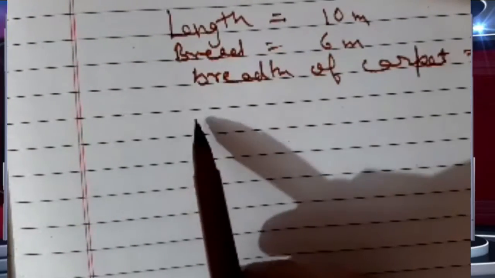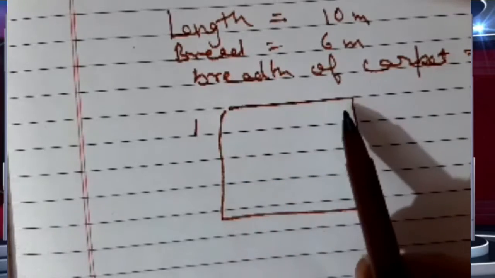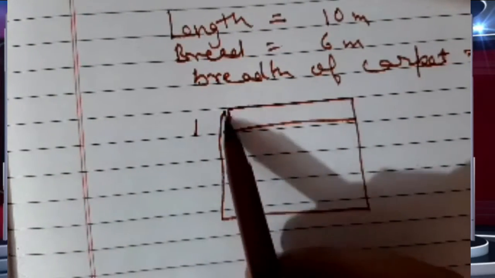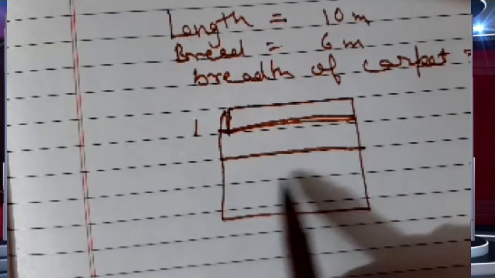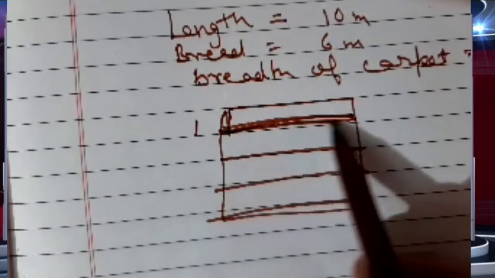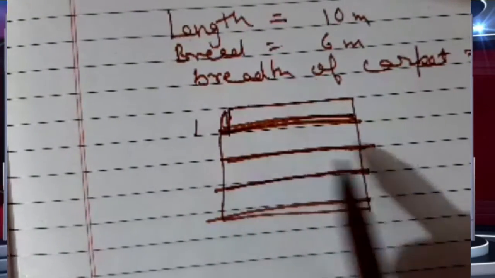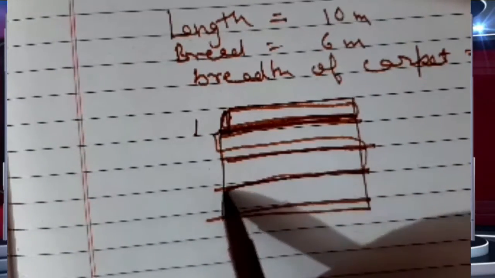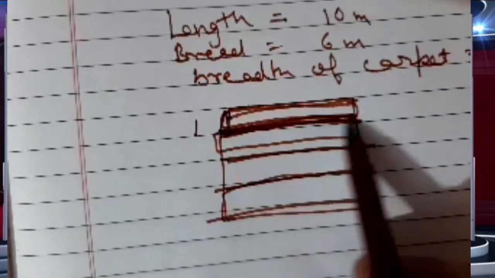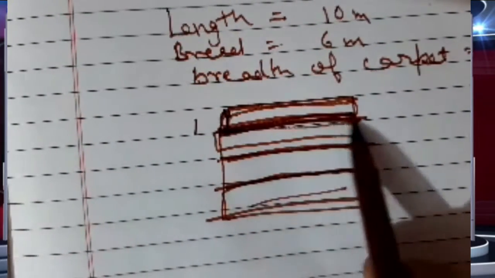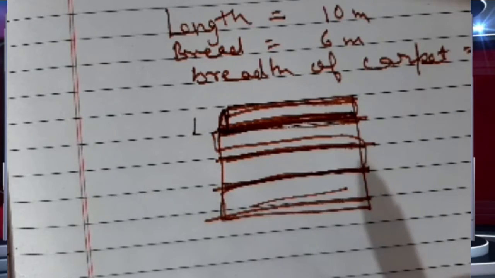So first of all we have to find out the length of the carpet. See, suppose this is the room and I have to cover this whole room with the carpet. See, this is, suppose, 2 meters, breadth is given 2 meters. This is length. I have to cover this whole room with this carpet. So length will be this plus this. First this carpet, 1 layer, 2 layer, 3 layer, 4 layer. So total length will be this plus this plus this plus this plus this. This is the length of the carpet. So breadth is given 2 meters. First of all we will find out the length of the carpet.